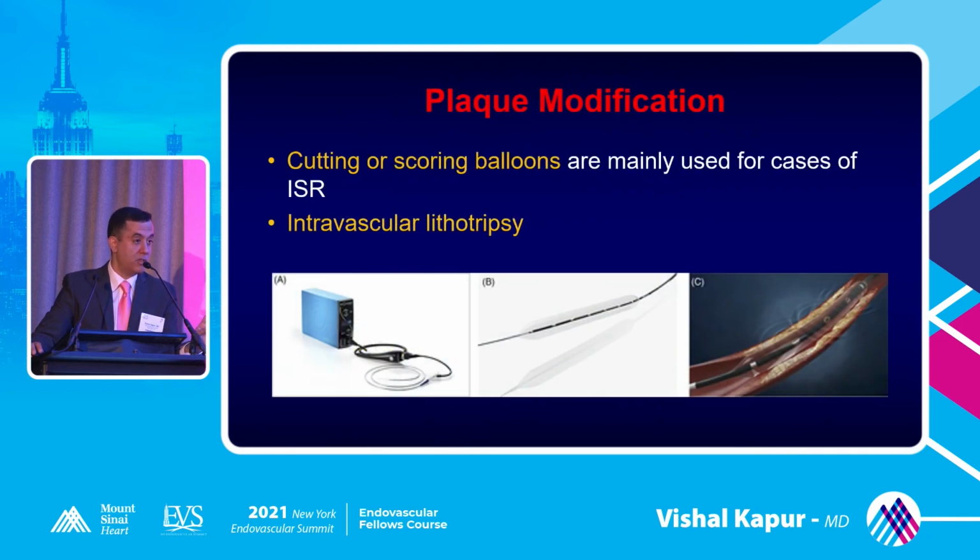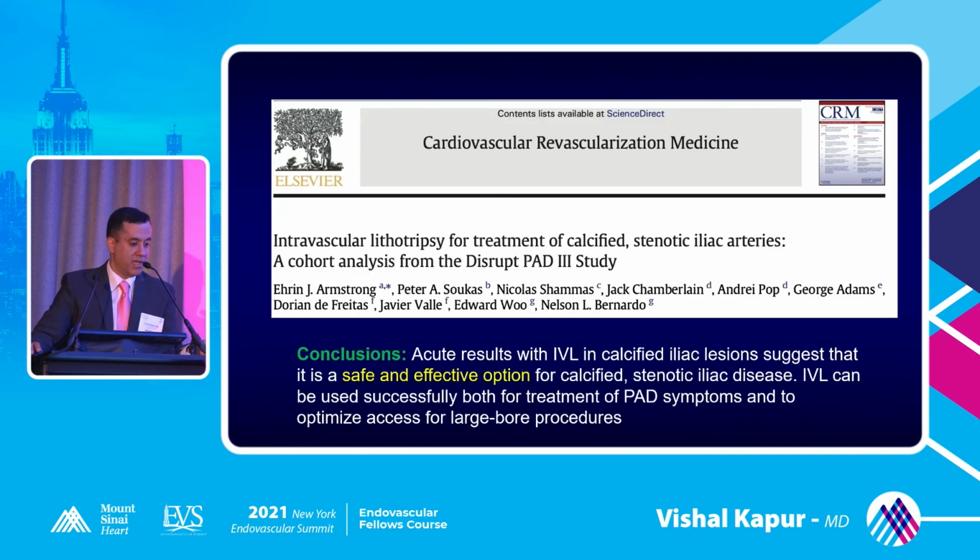Cutting balloons and scoring balloons are mainly for ISRs. Lithotripsy, she gave you the data, so I'm not going to talk about it. It's the in-fashion thing, and it really works well. Especially when you'll be doing TAVR with significant disease, the vascular surgeons and we have a very good collaboration, and they are with us in the room. So if we have to treat an iliac before we take our big sheaths up, we actually do lithotripsy, PTA, and then we do stenting on our way out. So this is one of the important modalities that are coming up, especially when the structural armamentarium adds to the complexity of the case as well.